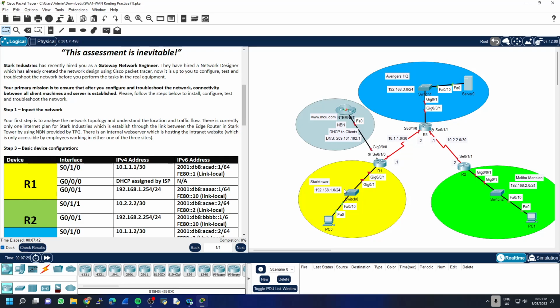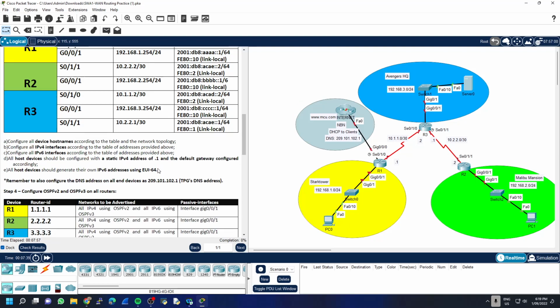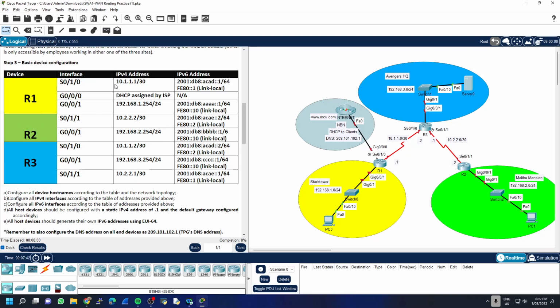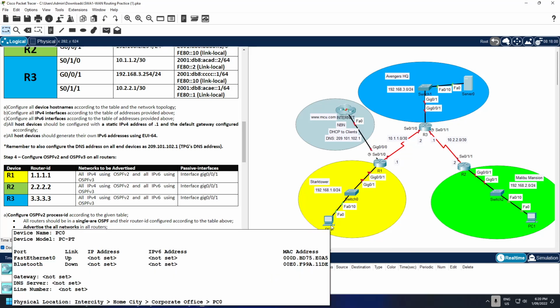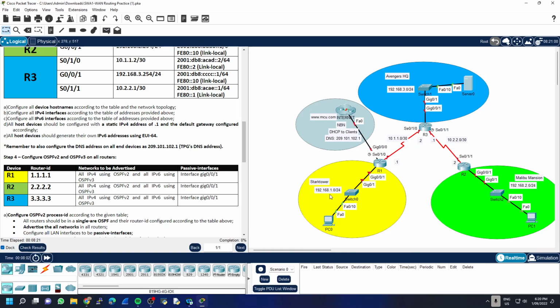Now, you will have to configure all devices. That includes all the client machines, PC0, PC1, and the server. You have to configure all the routers, Router 1, 2, and 3. So you basically have to follow along all the instructions. You have to set all the IP addresses, both IPv4 and IPv6. You also have to configure the host devices. Every host machine will be configured with the first available address in the local area network that it belongs to. So for example, PC0 needs to have IP address 192.168.1.1 because it's the first available. And the last available will be the